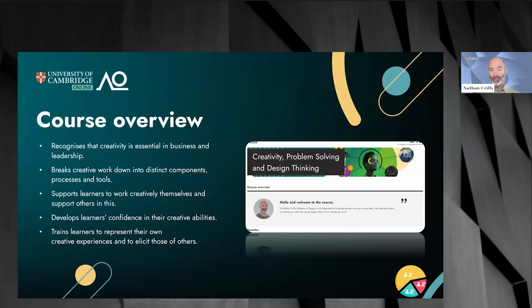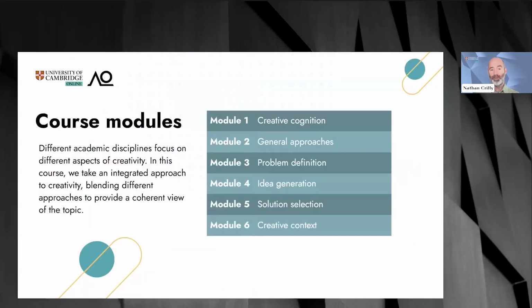So what we can say is that we have learners from all those different familiarity levels on the course. Some people are already trained in creativity but want to take that further and consolidate it. Other people, it's very much an introduction, and the course is structured to accommodate both levels of ability, with different learners taking it further in different ways. The way that we structure the course in these different modules helps us deliver that form of training. So just like the research I conduct and the teaching I deliver in the department, the course is also quite interdisciplinary, trying to integrate different approaches. We might sometimes be using methods from design, sometimes from entrepreneurship, and sometimes from something like systems thinking.